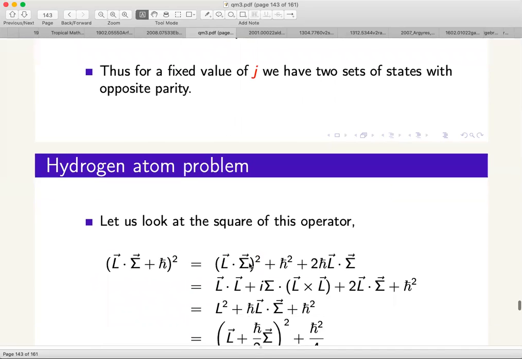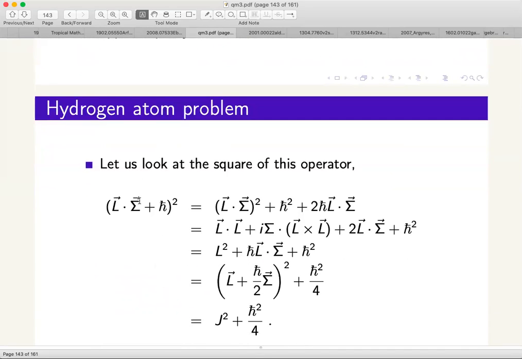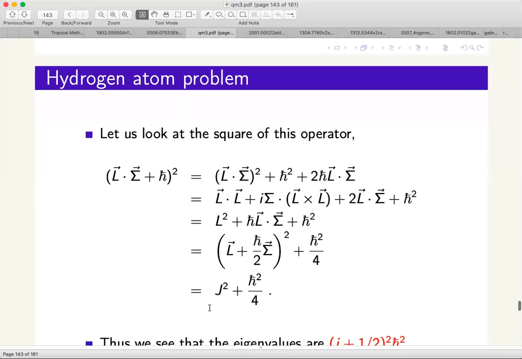Then we looked at the square of this operator. Remember, this is already a scalar operator, so it's not like the operator J squared or L squared, but this is an L dot S squared kind of operator. If you look at the square of this operator, it can be written in terms of J squared plus H bar squared by 4, which implies that this operator would commute with J. That means you can find simultaneous eigenfunctions of this operator as well as of J